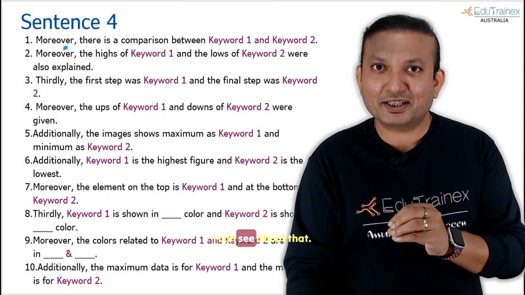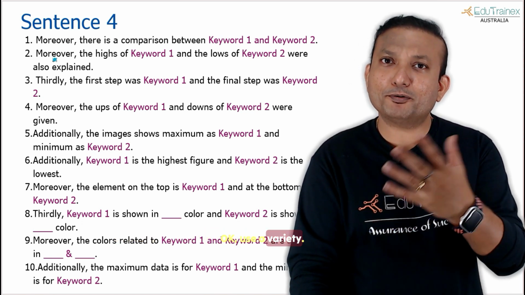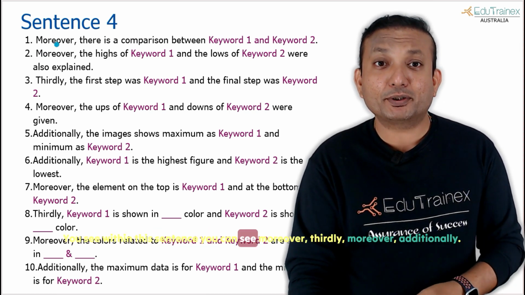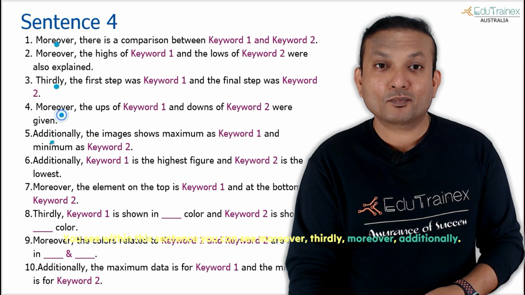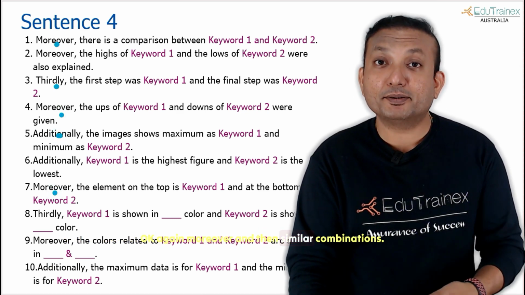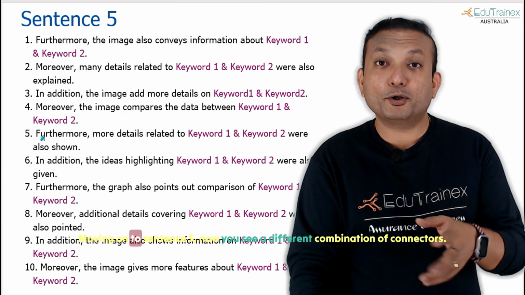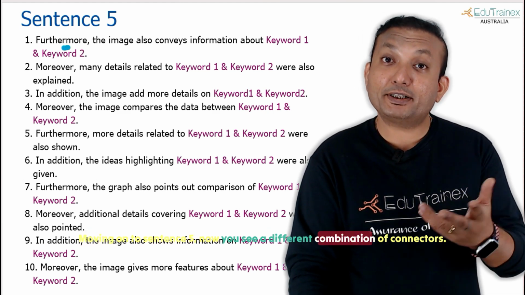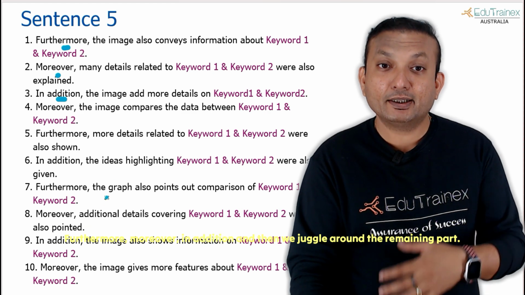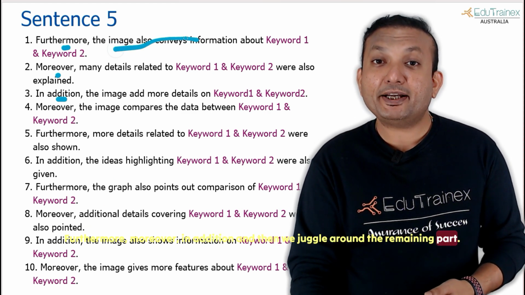Also, I can see, avoid that. Use a variety. So many of them, right? You see, within this sentence, you can see moreover, thirdly, moreover, additionally, again moreover, and then similar combinations. Moving on to sentence 5, now you see a different combination of connectors. Furthermore, moreover, in addition, and then we juggle around the remaining part